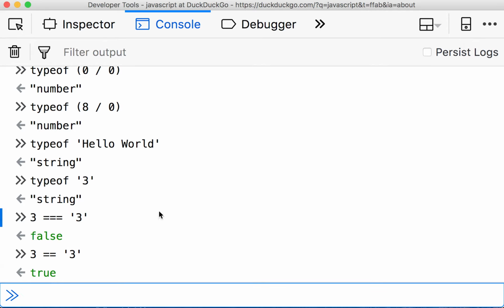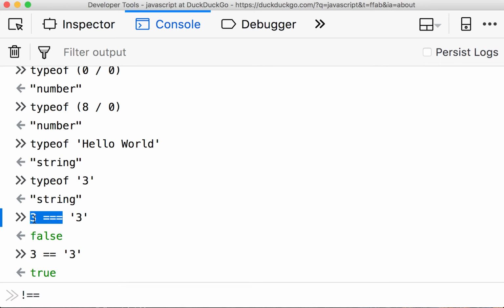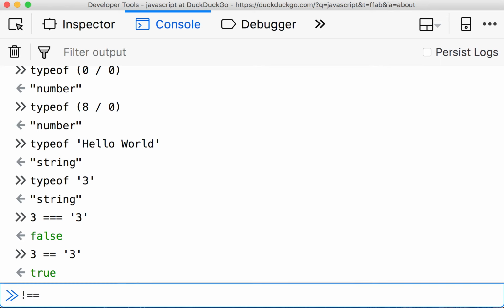So we learned about those kinds of comparisons, and you can use other kinds of operators. Greater than or equal to, less than or equal to. We also learned about the strict inequality, right? Which is the opposite of the triple equal sign. If you want to check if something is not equal to another thing in a strict fashion. Okay,